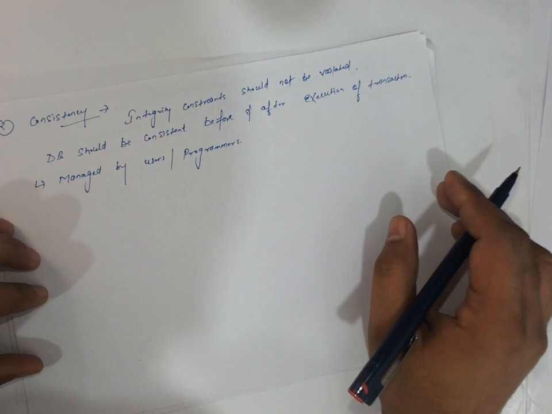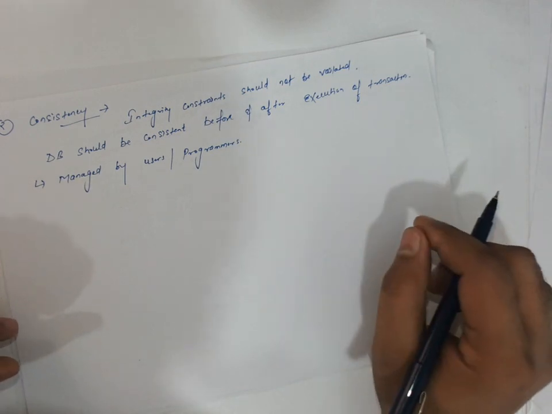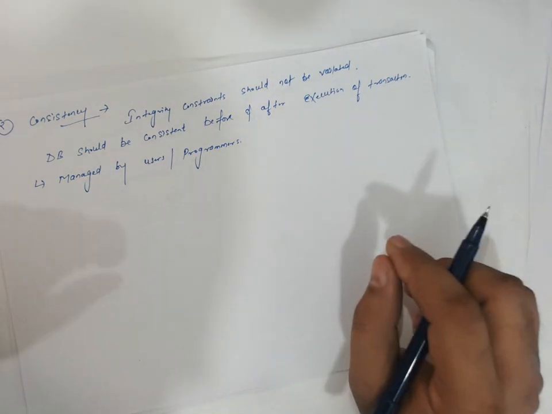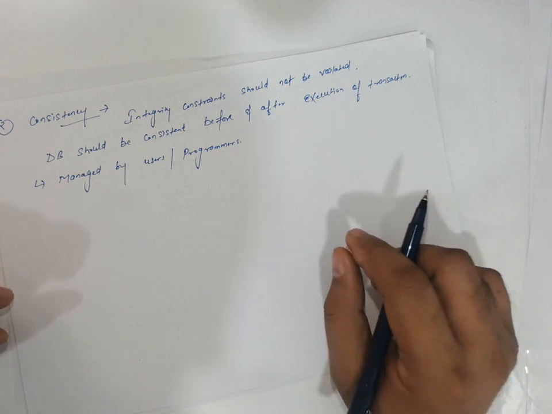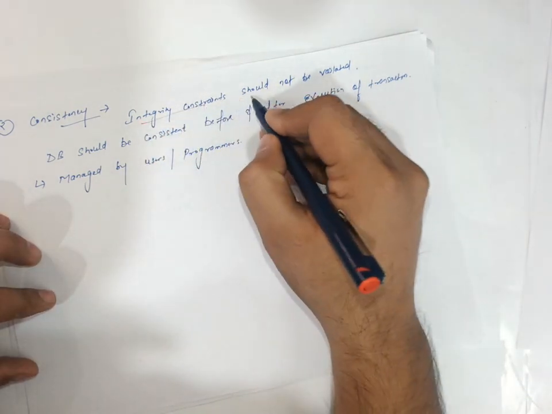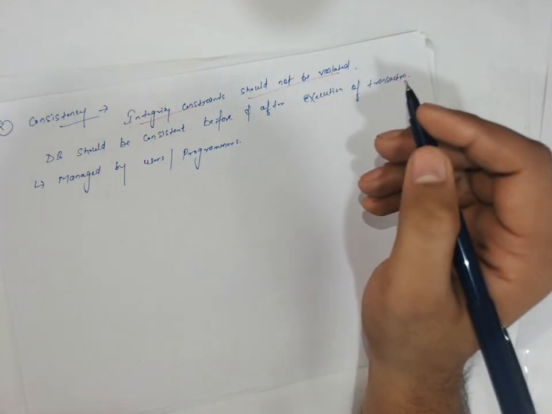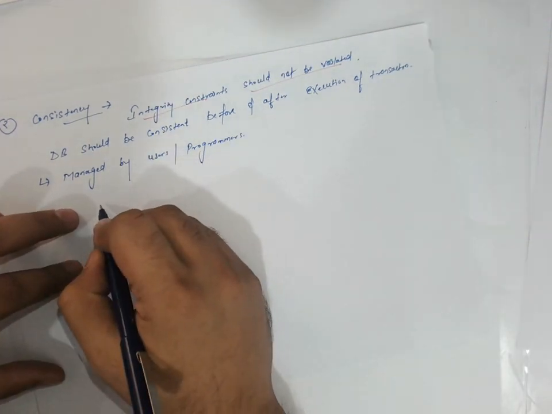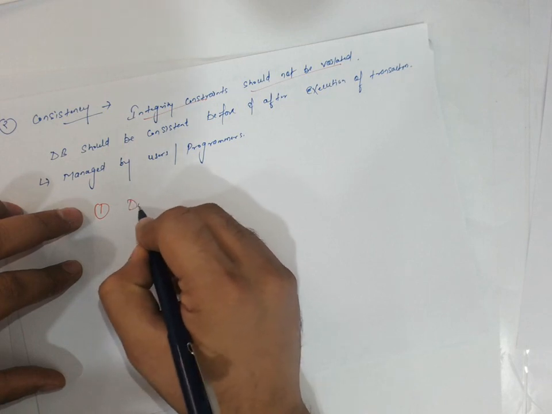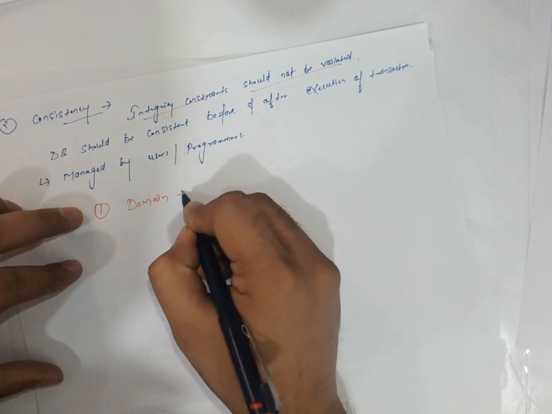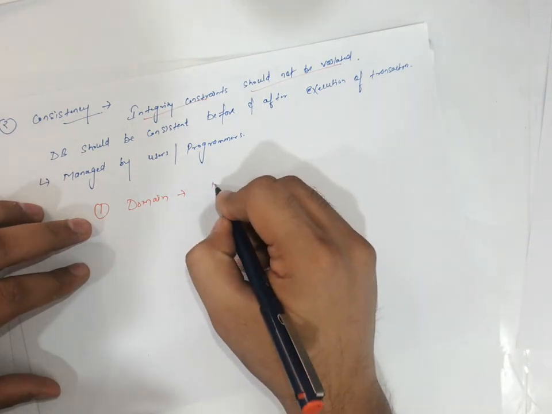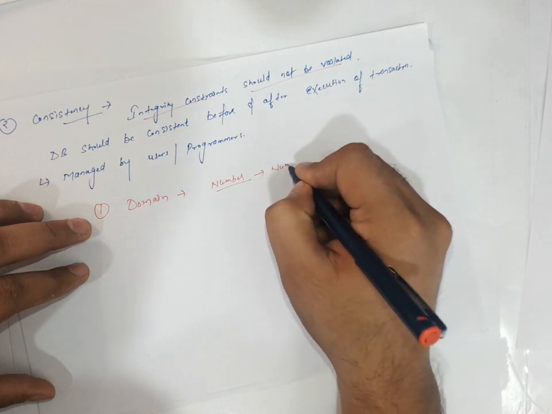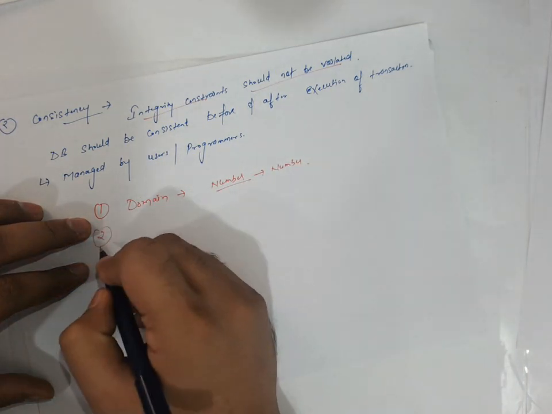If we execute a particular transaction in isolation together with another transaction, there are chances of some unexpected result. To give better performance, every database management system supports the execution of multiple transactions at the same time. So integrity constraints should not be violated, and I can show in detail what the integrity constraints are. The very first integrity constraint is domain. In every domain there should be a similar value. If your domain is a number type, then in every column, in every cell, there should be a value that contains only numbers.